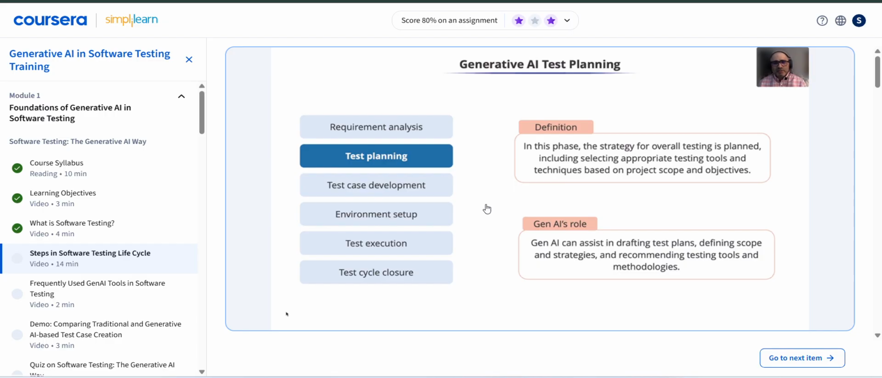In software testing, this means deciding things like what exactly are we going to test? What kind of testing will we do, like performance testing, security testing, or just basic functionality testing? What tools will we use to help us? For example, will we use automated testing tools or mostly manual testing? All of these decisions are made in the test planning phase based on project goals and what the software is supposed to do. Now, guess who can be a super helpful co-pilot in this planning